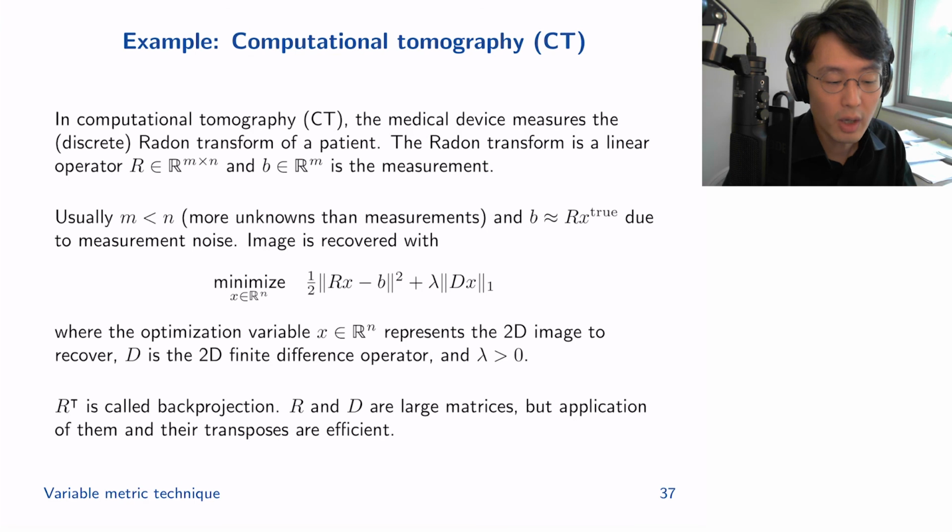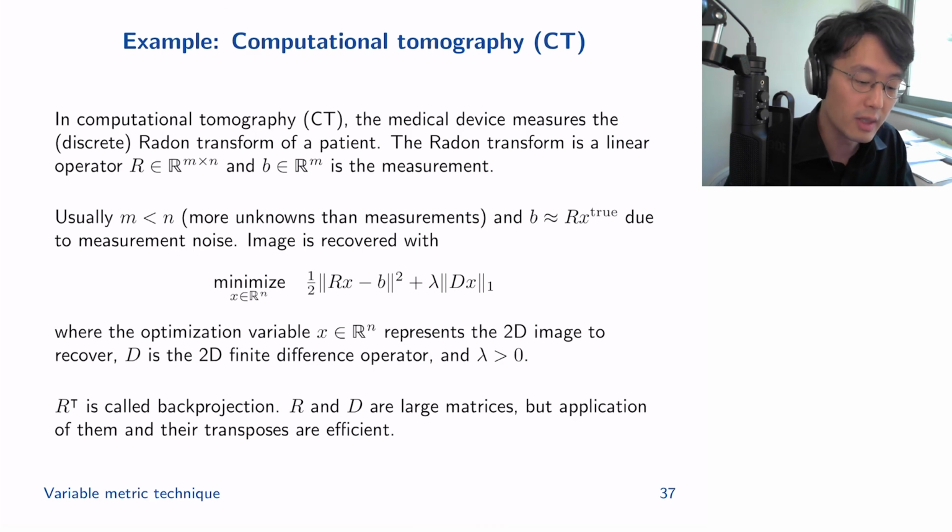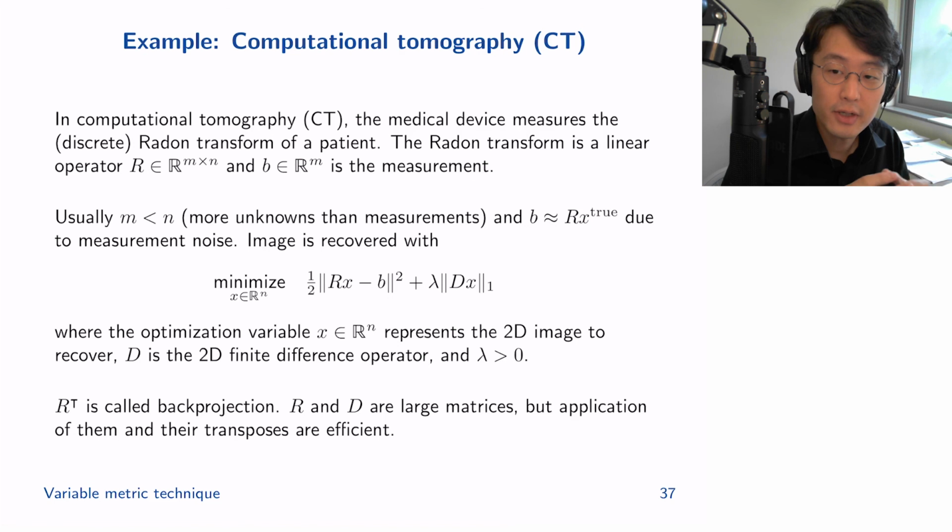But in addition, we also want the image to be realistic looking. And one way to measure the complexity of an image is through this total variation norm. The operator D is the finite difference operator, so we penalize the sum of the absolute values of the finite differences of the image. Why the solution to this optimization problem often provides a good reconstruction, a good approximation to the unknown image X true, is a discussion beyond the scope of this class. But for our purposes, we'll just state that this optimization problem is often used to perform image reconstruction in computational